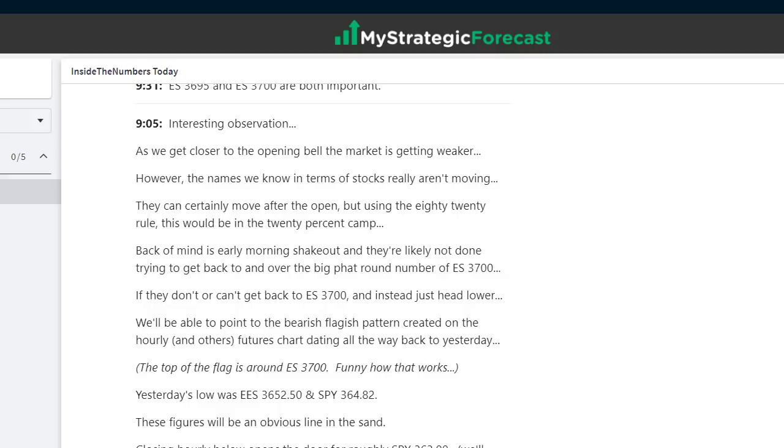Either the market is moving as a shake 'em out type of operation, only to turn around on Turnaround Tuesday, or the stocks are going to get killed after the opening bell. Back of mind is early morning shakeout, and they're likely not done trying to get back to and over the big fat round number of ES 3700. Now remember, this isn't the end of the day. This is before the day even starts. So beyond 3700, you find out later on. If they don't or can't get back to 3700 and instead just head lower,